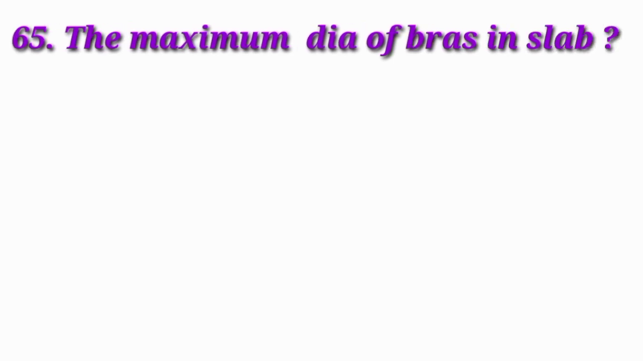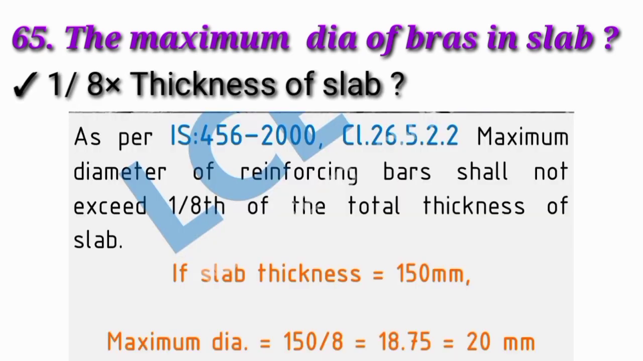65. The maximum diameter of bar used in slab. The maximum diameter of bar used in slab is 1/8 of the thickness of the slab as per Indian Standard 456:2000. The maximum diameter of reinforcing bar shall not exceed 1/8 of the total thickness of the slab. If the slab thickness is 150 mm, the maximum diameter of bar is equal to 150/8,